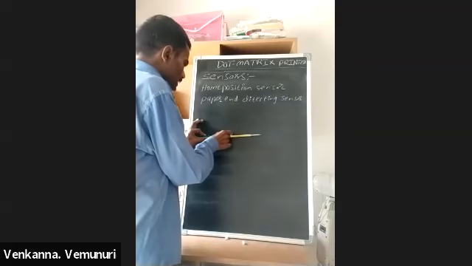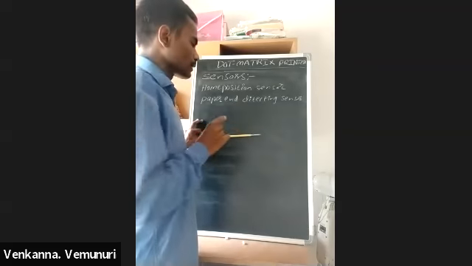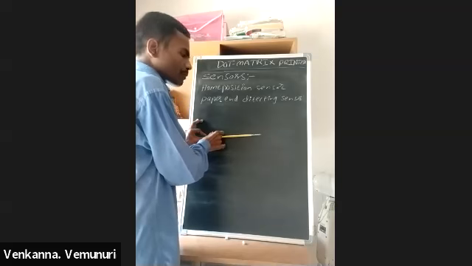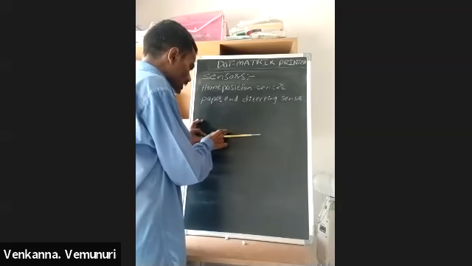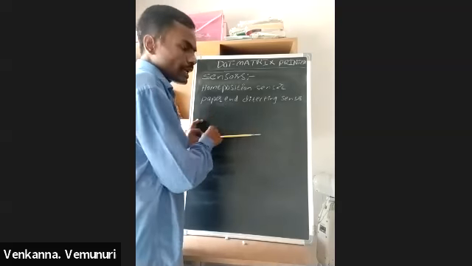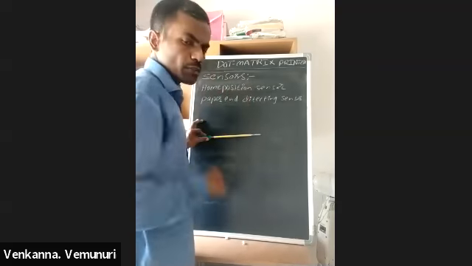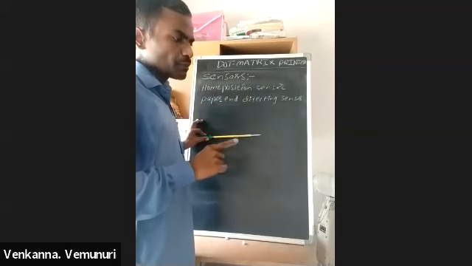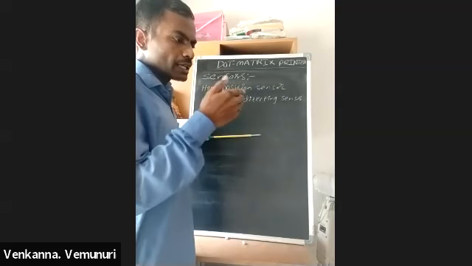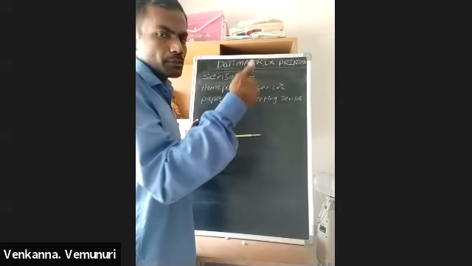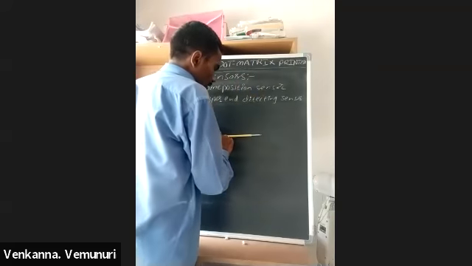When the print head is coming back, here there is one sensor. That sensor detects that the print head is now coming to the starting point. The logic is: when the print head comes to the home position, the sensor detects it and sends information to the motherboard. Only then the motherboard activates the paper feed motor. The motor turns on and moves the paper one line forward, upper side. And again the print head starts printing the next line.